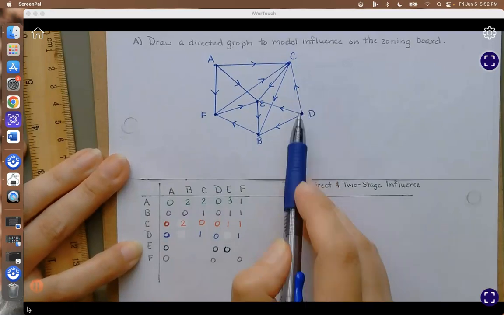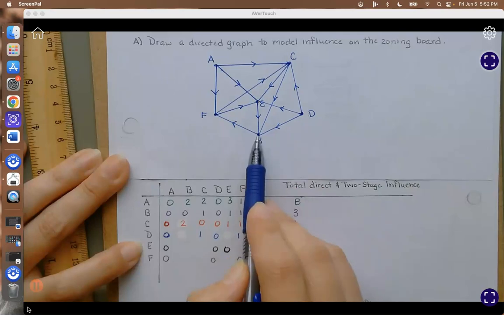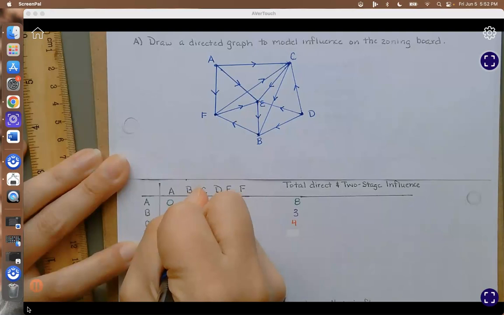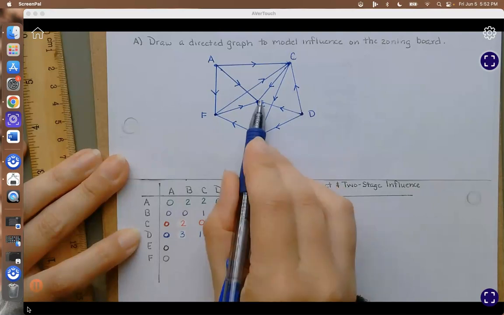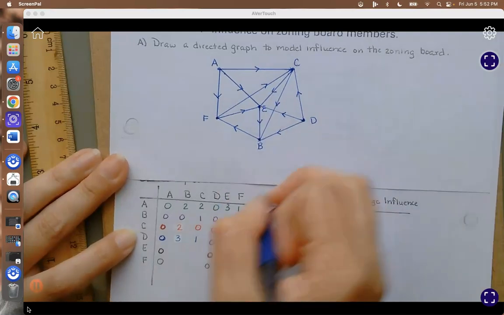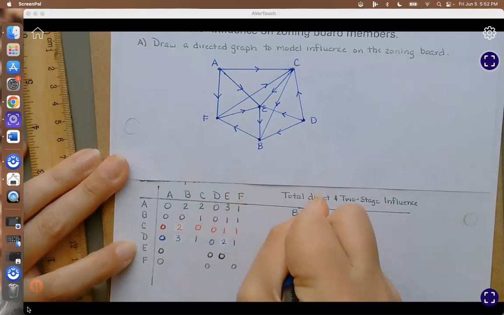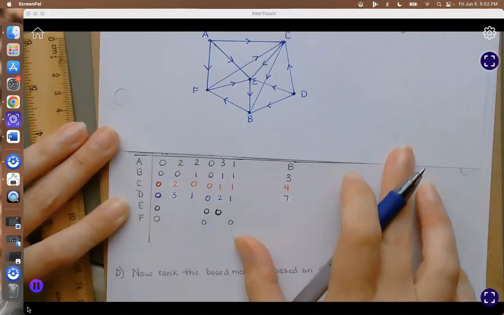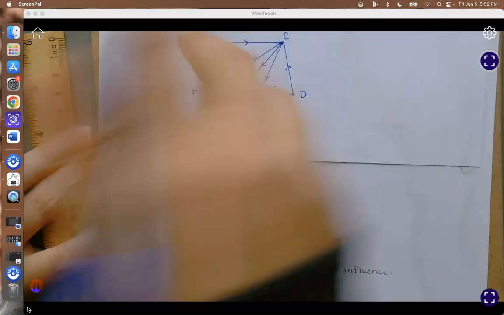Okay, so D to B, I can go D to B, DE to B, DC to B. So there's 3 ways there. Okay, and then D to E, I could go D to E, DC to B, E. So there's 2 there. There's 5, 6, 7. So Davis is actually kind of a bigwig, but not quite as big as Alvarez. All right. So then, okay,